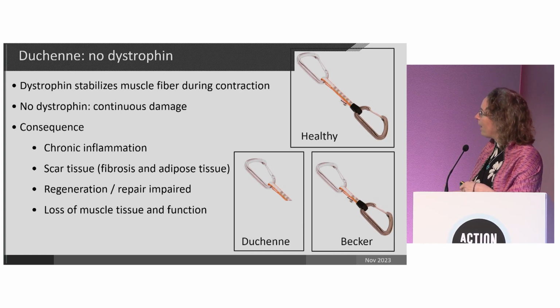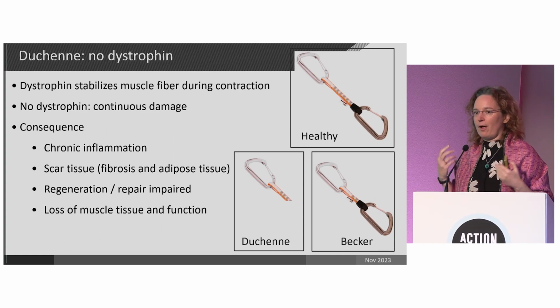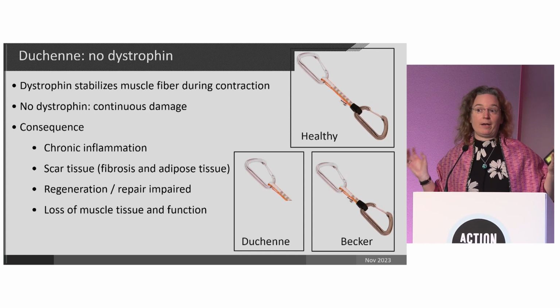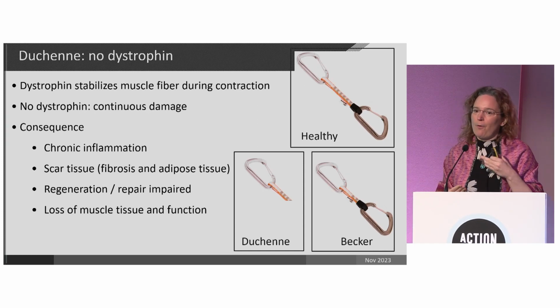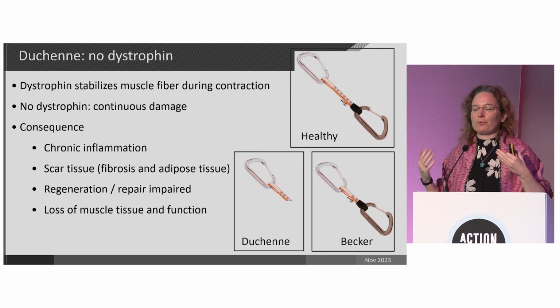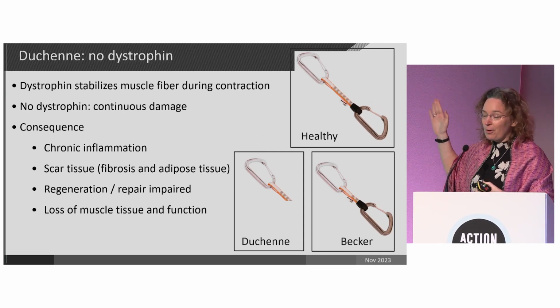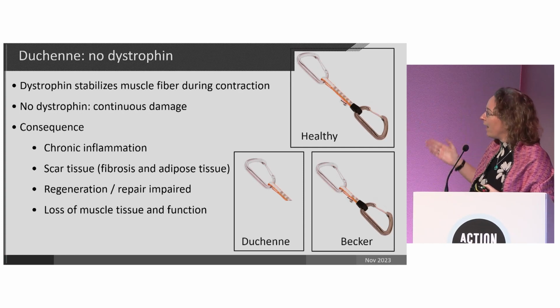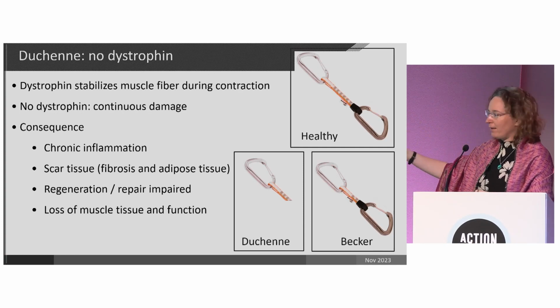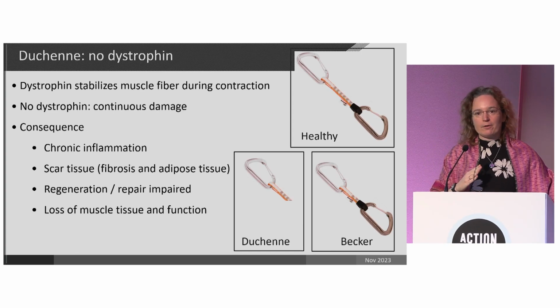And I like to use the carabiner example to explain what dystrophin does, because the carabiner also has 2 clicker domains, and also you don't need dystrophin to use your muscle. You don't need the carabiner to go rock climbing, but if you make a mistake, you're very happy that you have it. And what is the case in Duchenne is that only the first clicker domain is made,